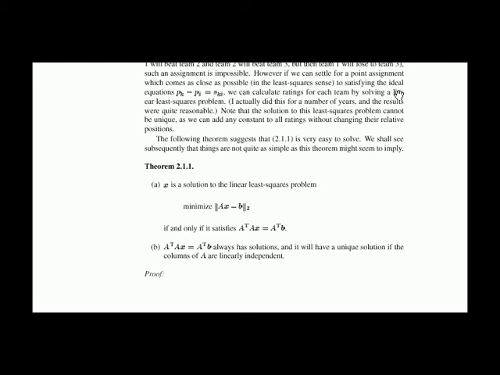Now we want to talk about the least squares problem and the QR decomposition. The QR decomposition basically plays the same role with regard to least squares as the LU decomposition does with regard to solving linear systems. The least squares problem is where we would like to find a solution of AX equals B, but there is no solution, so we want to find the X which makes AX as close to B as possible in the